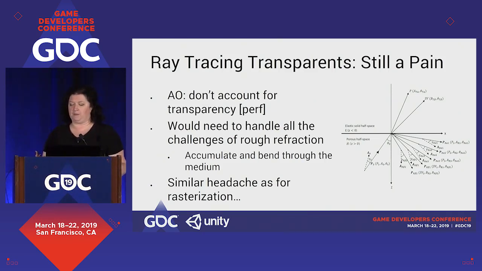There's not really an easy way to do this that's performant quite yet in real time, because we need to account for accumulation of light, and we need to account for rough refraction effects. If the object is 50% transparent, for example, for AO, we need to accumulate 50% of AO and then continue to keep accumulating because some of the light propagates through the media. And if the object is rough, we have to account for the ray distribution, this is the example of the spread here. And of course, the perf hit for doing this many rays is such that we're not quite there in terms of hardware to be able to do this in real time. So we need to special case transparents.